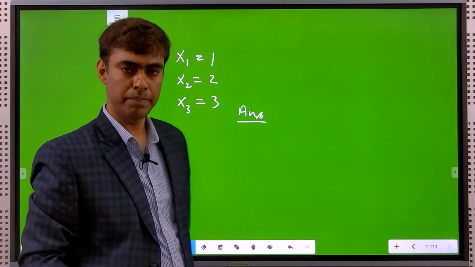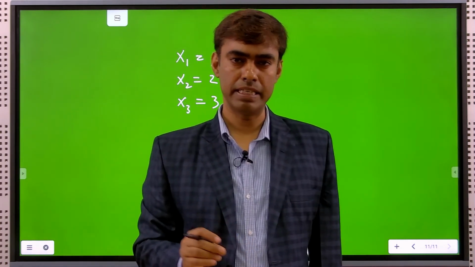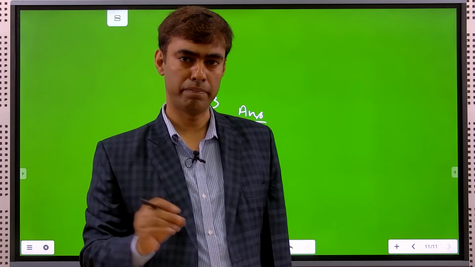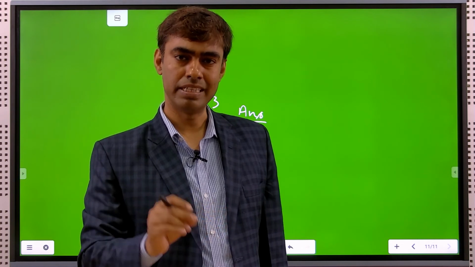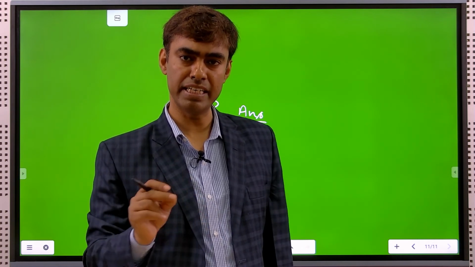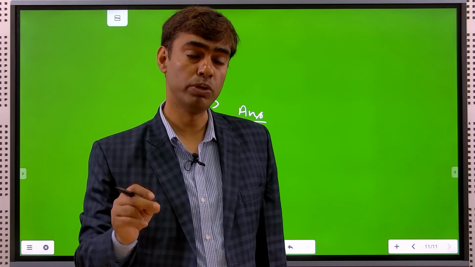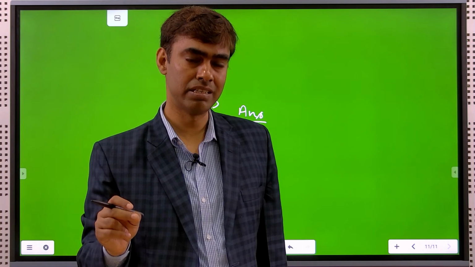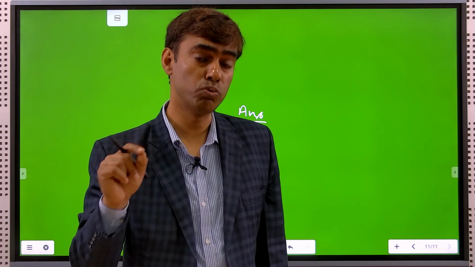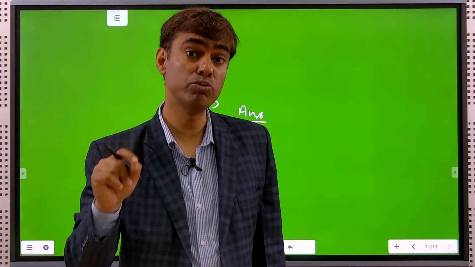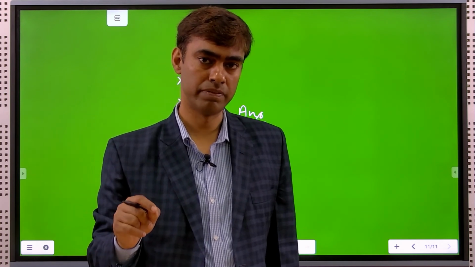So what is the summary? How do we find the solution by Doolittle's method? First of all, we write the given system of linear equations in matrix form. Once we write it in matrix form, we decompose the matrix A into a lower triangular matrix and an upper triangular matrix using Doolittle's method. In Doolittle's method, we set the diagonal elements of the lower triangular matrix equal to 1 in order to find a unique solution. Otherwise, we may get an infinite number of solutions.